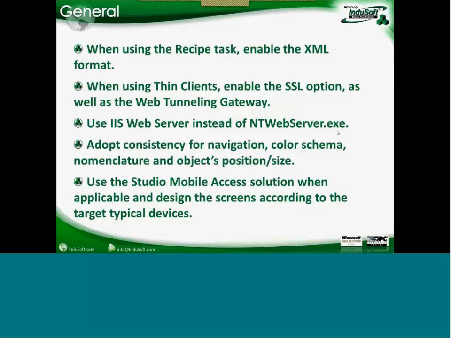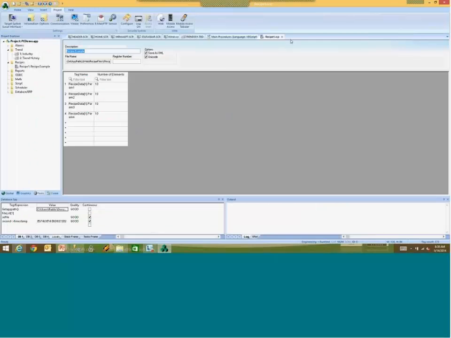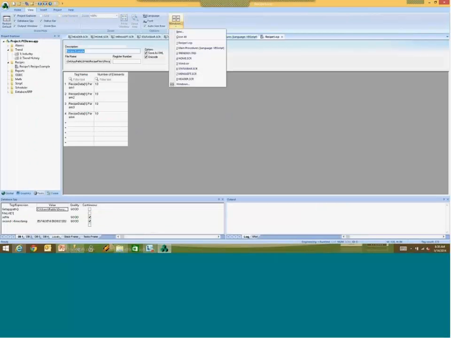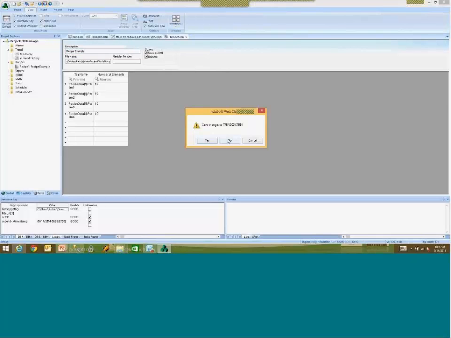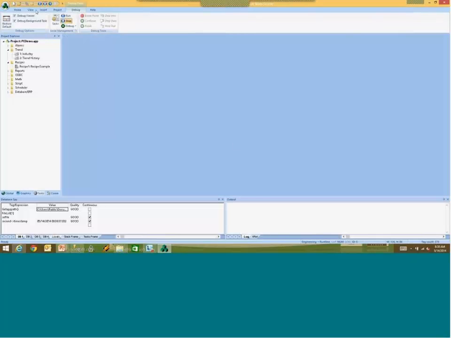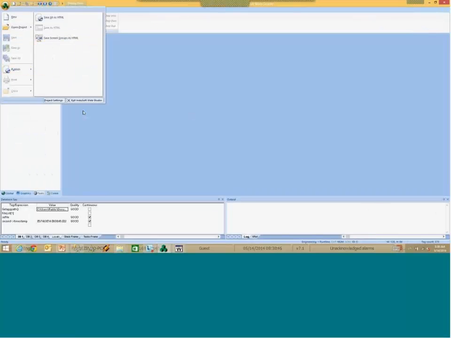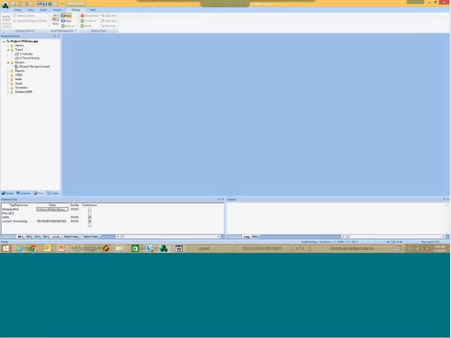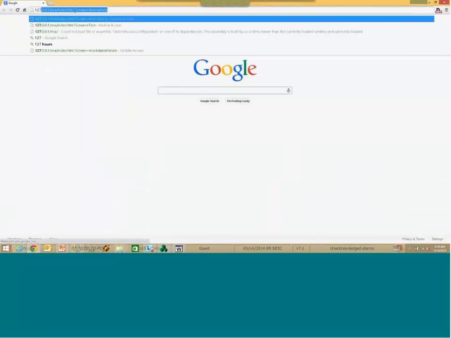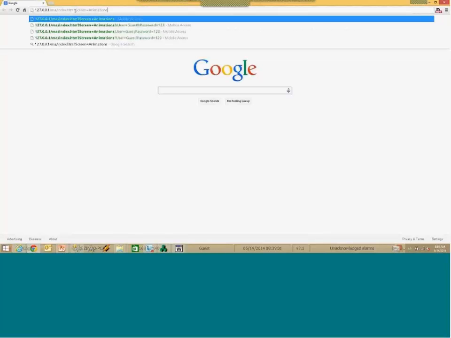As you probably know, InduSoft is migrating the complete graphical interface to HTML5, and in the current version, most of the graphical interface is already available as HTML5 in what we call Studio Mobile Access. So if I run the project, I can save the screens, publish the screens as HTML, and after I do so, I can open a browser, any browser that supports HTML5, including Safari on iPads, iPhones, Chrome on Android, Internet Explorer on Windows, and type the IP address of the server